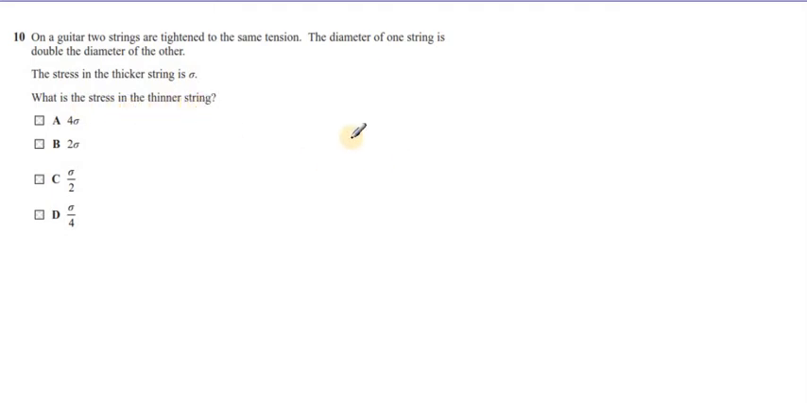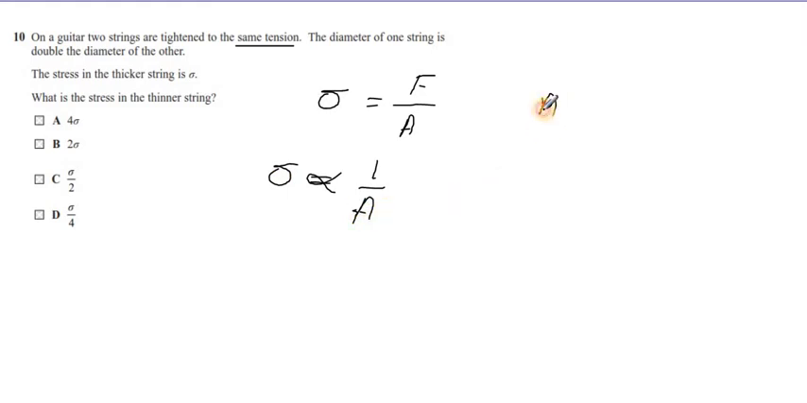Okay, so if you see the stress, sigma is equal to force upon area. As both wires have the same tension, that means force is constant. So you can say sigma is proportional to 1 upon A, or sigma is inversely proportional to the area. And remember, area is pi (d by 2)